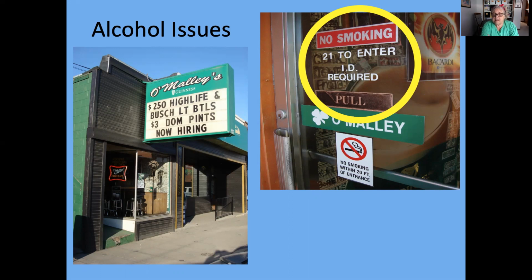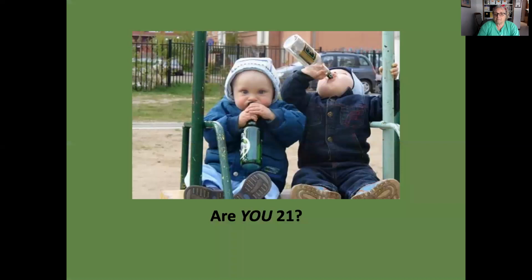If you enter the 18-year-old bar, they do put an X on your hand so that you will not be served alcohol. If you try to scrub that X off, or if you try to get alcohol, you're going to get a ticket from the police for unlawful consumption of alcohol.